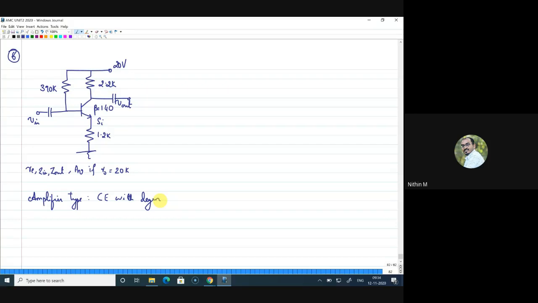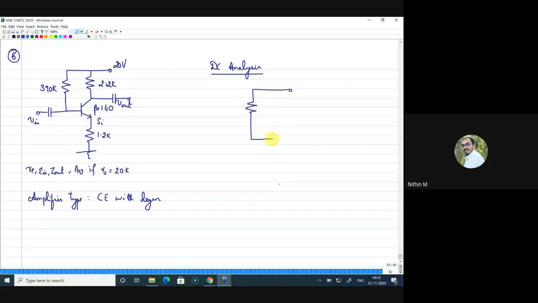All right. Now, to proceed with this, to evaluate the RE, Z in, Z out, everything, first we have to do the DC analysis. So let me start with DC analysis now. DC analysis is a little easier compared to the other thing because we do not have a voltage divider bias, so no need to find the Thevenin equivalent. We can straight away write down the loop equations and get the answers for IB, IC and IE. So let me draw the DC equivalent here.